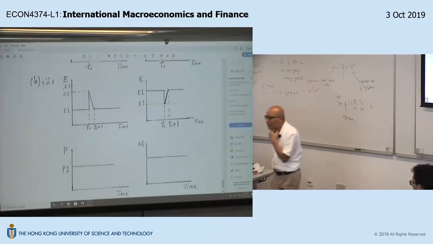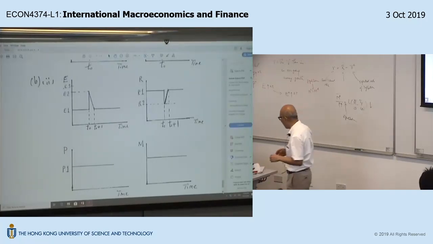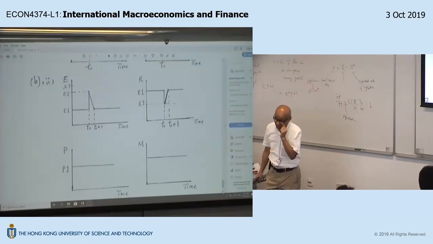How long is the time between T and T plus one as well? This again, we have to go into. I don't have a good answer to that. It's just a